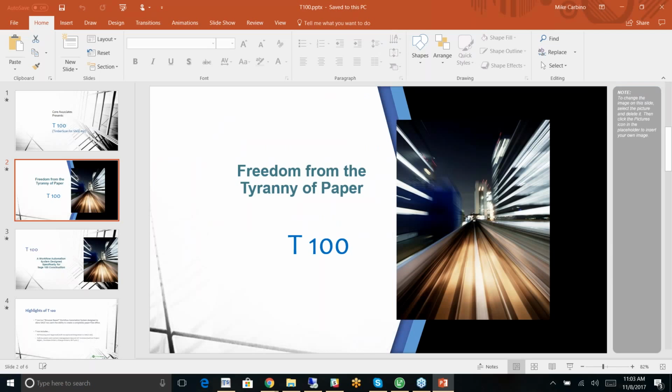I greatly appreciate it. And welcome, everyone. Thank you for joining this morning. So, as Tim mentioned, Timberscan, or T100 as we refer to it, is a document routing and approval system that was designed specifically for Sage 100 Contractor. So what I'm going to do is start by going through a real